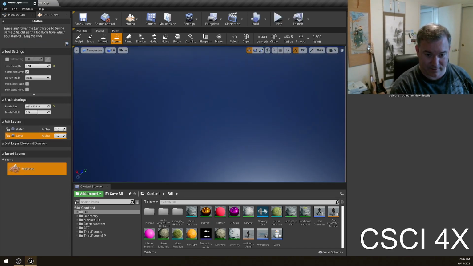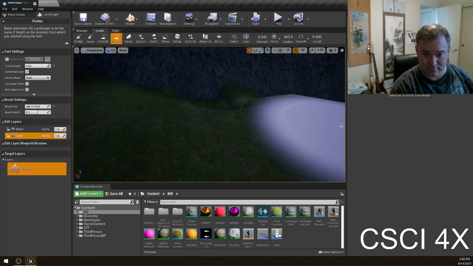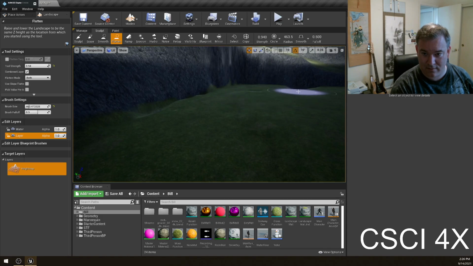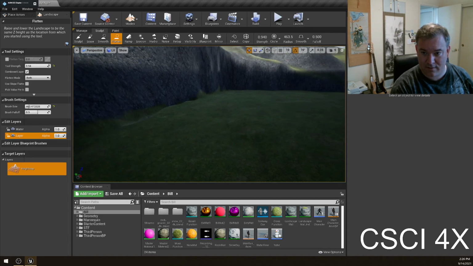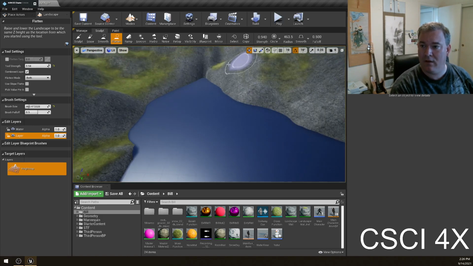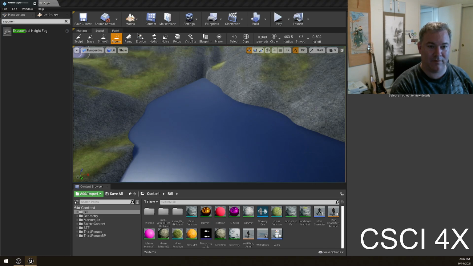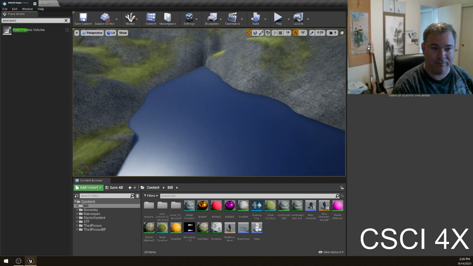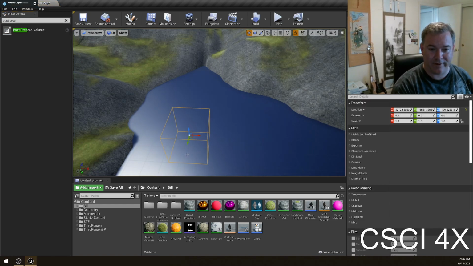Let's just fix that real fast. Okay. So we're going to add something called the post-process volume. Switch back into select mode, and I'm going to add a post-process volume. And so what is a post-process volume? It is